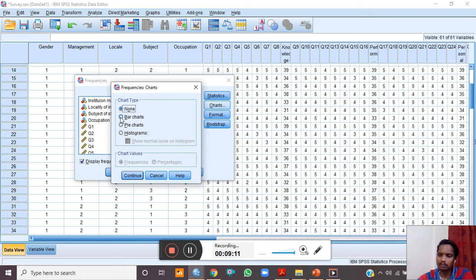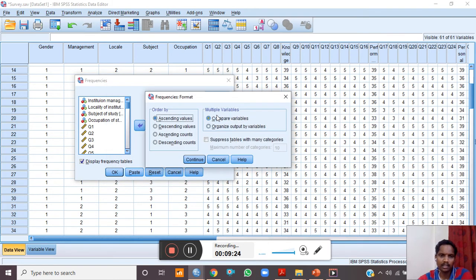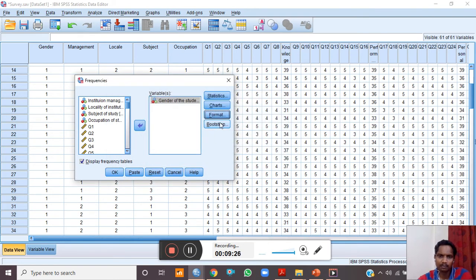For example, I am selecting the bar chart, then I am clicking continue. You can select the appropriate option from these two options also. Continue, format, you don't have to do anything here. Bootstrap, you don't have to do anything here.